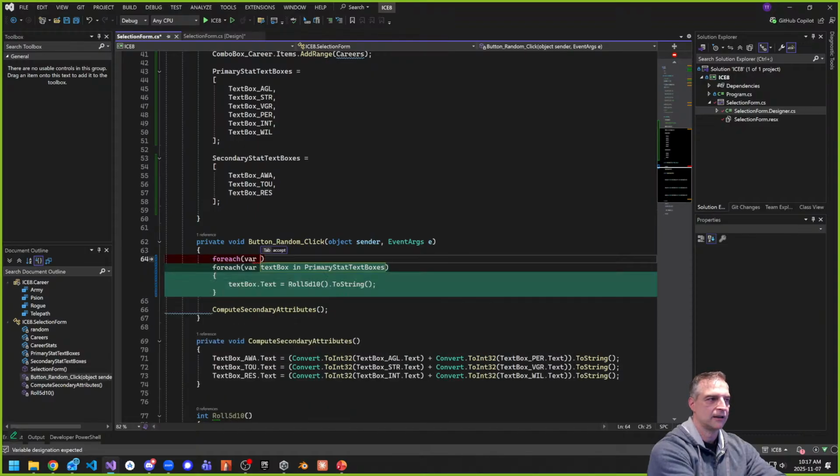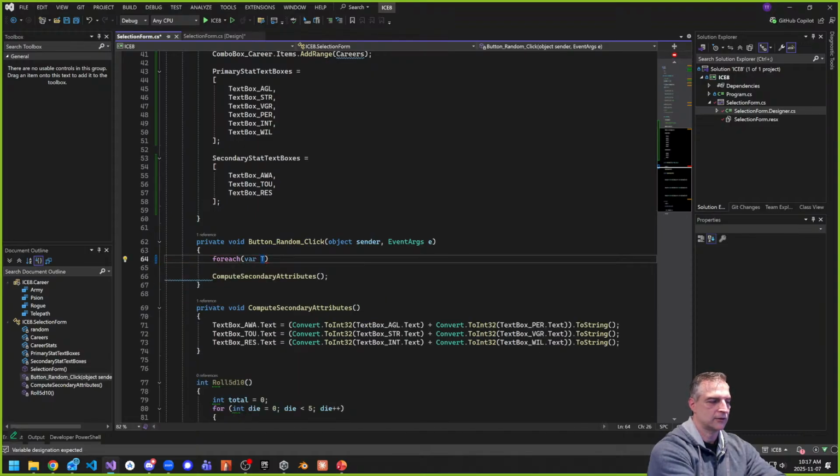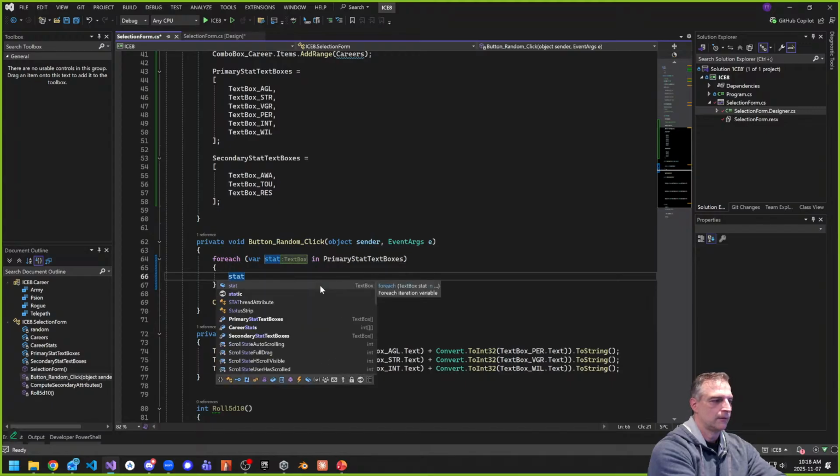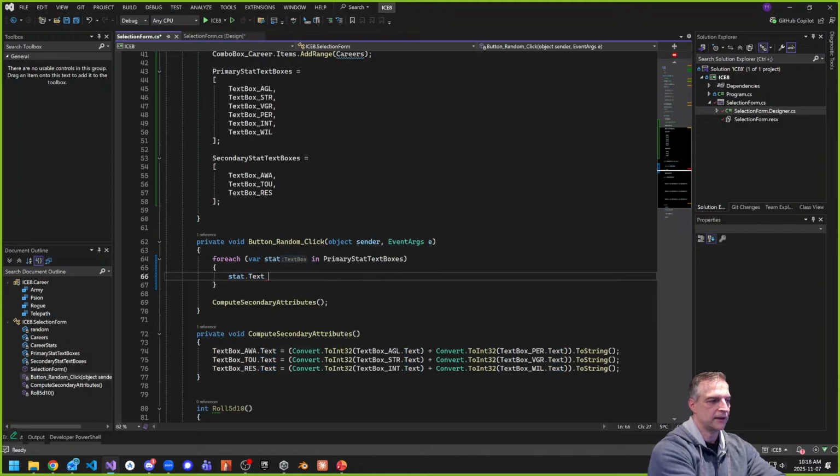For every stat in the primary stat text boxes, for every one of those, what I want to do is say that the stat dot text is equal to roll